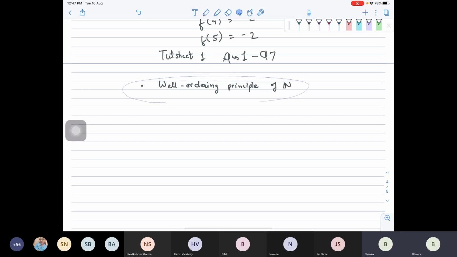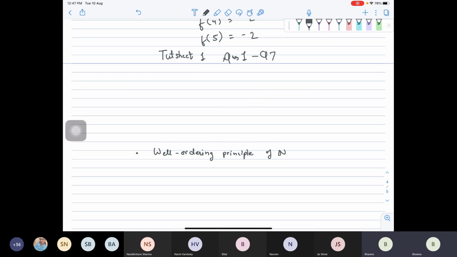Before that, I'll define a least element of N. Suppose we take S to be a non-empty subset of N. We say S has a least element if